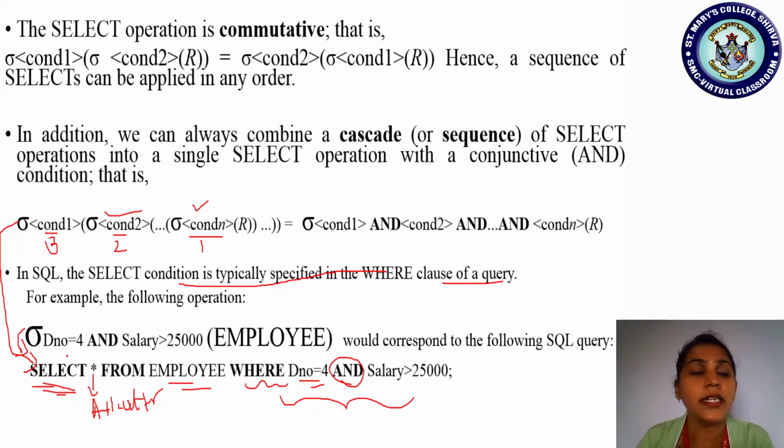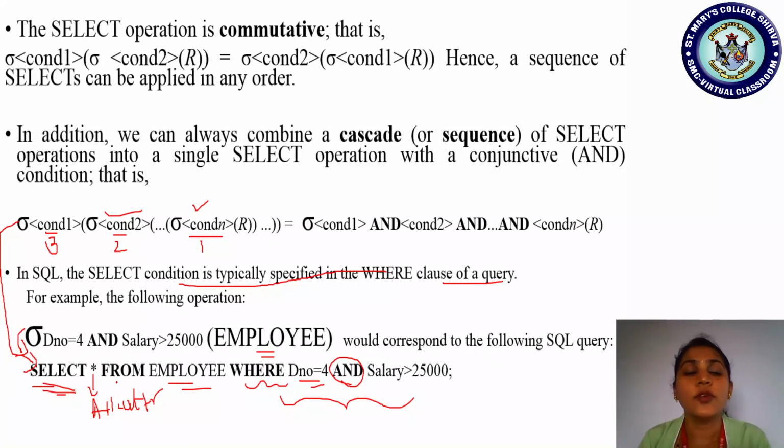Mathematically it is represented like this. Select is represented with the sigma notation. The select condition is department number equal to 4 and also one more condition, the employee should get a salary greater than 25,000. So the satisfying condition is department number equal to 4 and salary greater than 25,000. The relation name has to be given, employee. On framing this condition, we get the employee records only of those employees who belong to department number 4 and whose salary is greater than 25,000.